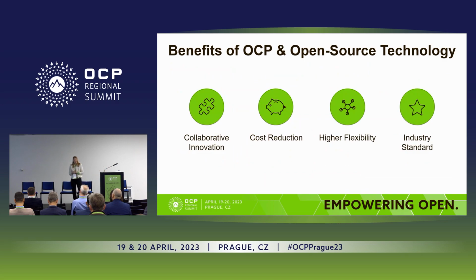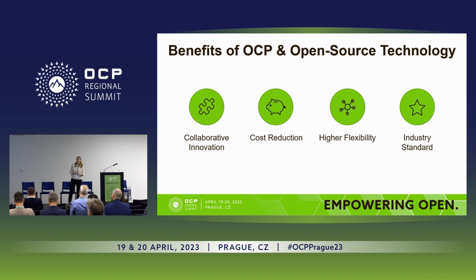So there are some benefits to the OCP and open source technology, which I'm sure you know, otherwise you wouldn't be here. So the main things I found out so far, I'm still at the beginning of my research, is that collaborative innovation is a big part. So you have companies who come together, who talk to each other. Ideally, they even collaborate together so that innovation can happen on a much faster timescale. But even just having this modular framework that the community provides means it's possible that a company can just work on a module in their expertise and put that on the market or share that with the community without having to build the rest of the product to actually be able to sell it on a normal market, which again also speeds up the timeline of innovation.